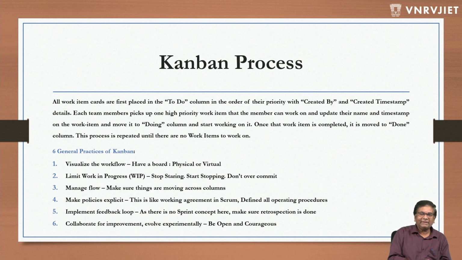Second is you limit work in progress. Stop starting, start stopping, don't overcommit. This is very, very important, because in Scrum, even though it is not highly recommended, sometimes some people work on 2 stories because they have got the knowledge, or because one is blocked, so I want to work on some other one. It's fine. Whereas in Kanban, it's strongly discouraged,